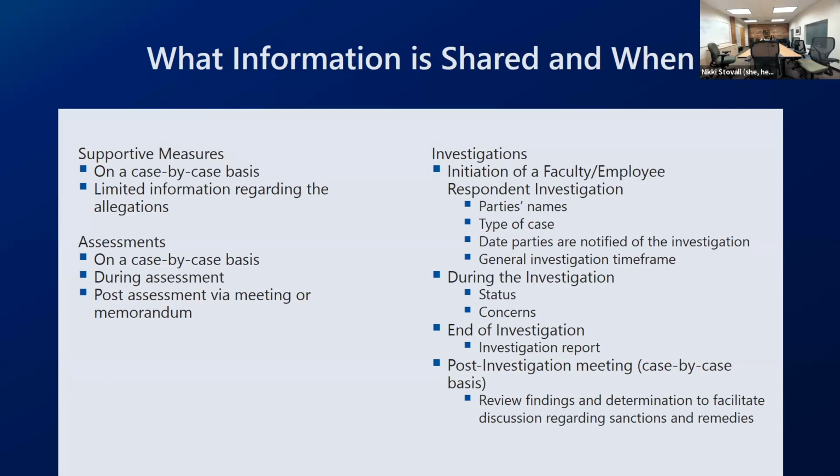If throughout the assessment process, we do determine that an investigation is warranted and that the behavior that's reported could potentially be a policy violation, then we will initiate an investigation. That's done by issuing notices. Those notices will go to the reporter or the impacted party, the complainant is how we refer to that individual, and also to the respondent or the person who engaged in the problematic behavior. Those notices will include parties' names, the allegations that have been reported to our office, what procedures the investigator will be utilizing in investigating, and then it'll give you a lot of links to resources as well.